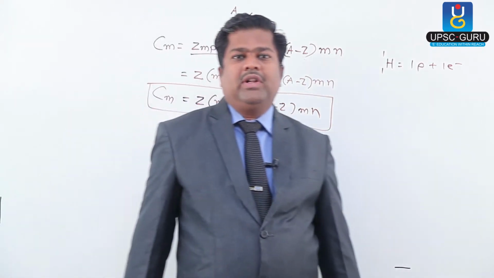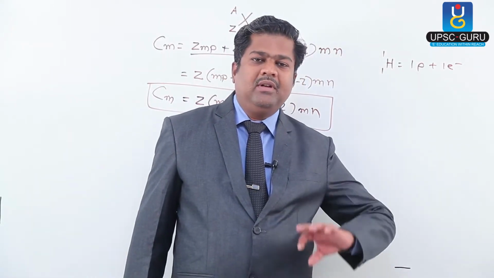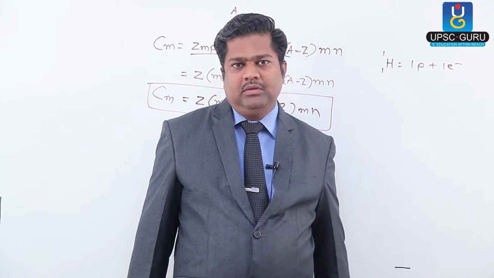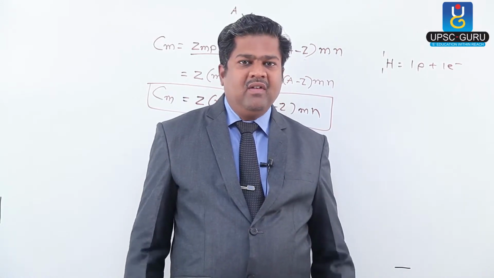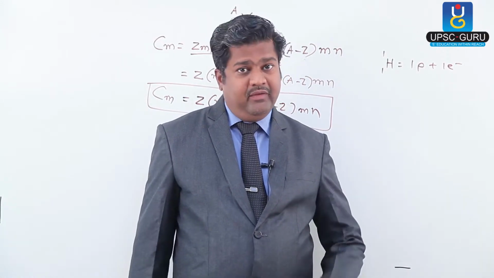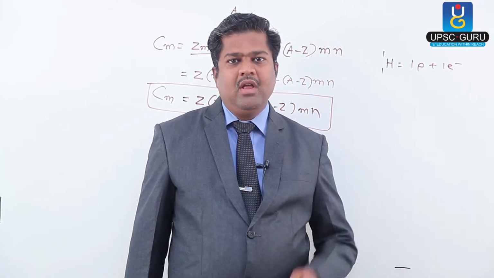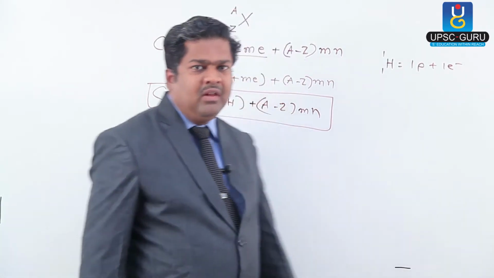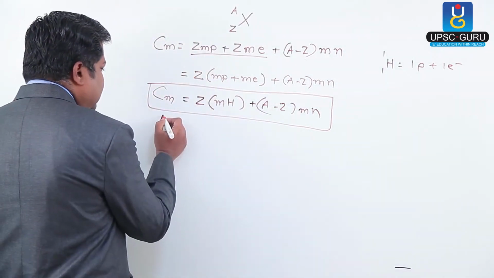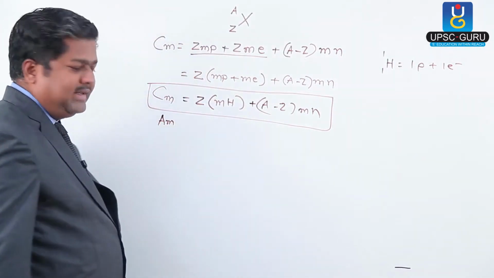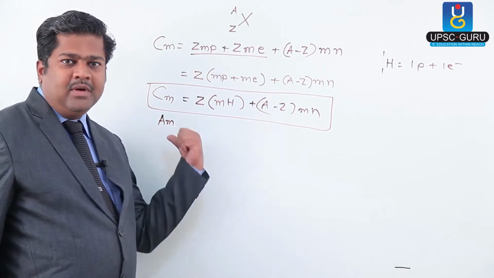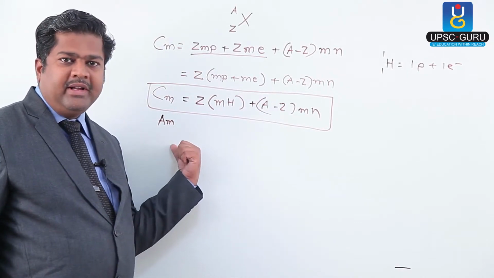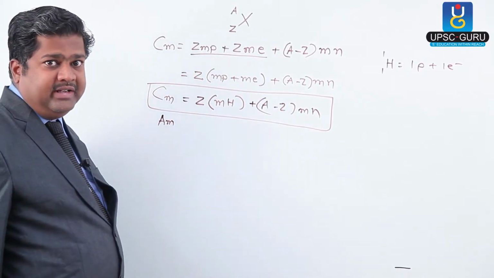Now by using certain instruments, simple ones like a mass spectrometer, we can determine practically the mass of an atom. This is called, in this way I may say, actual mass. Don't say americium, that is an element, but here I am writing actual mass in order to make it easy.